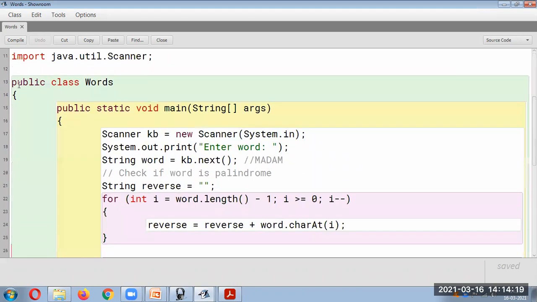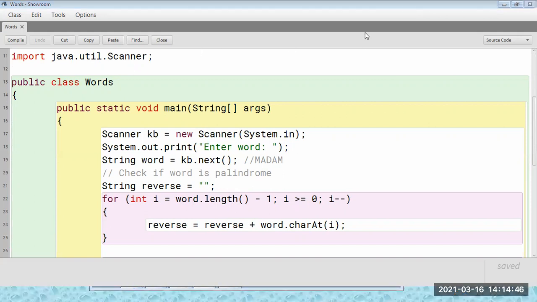Let's take that now. The import Java, the first line will be the same. We will write java.util.Scanner. You will accept the word and check if it is a palindrome. So you need to reverse the string. Let's say the word is madam over here. We will just go on reversing it. You take the length of the string. So what is the length of the string? 1, 2, 3, 4, 5. 5 minus 1 is 4, so it will start from the fourth position. I will just draw the annotation.